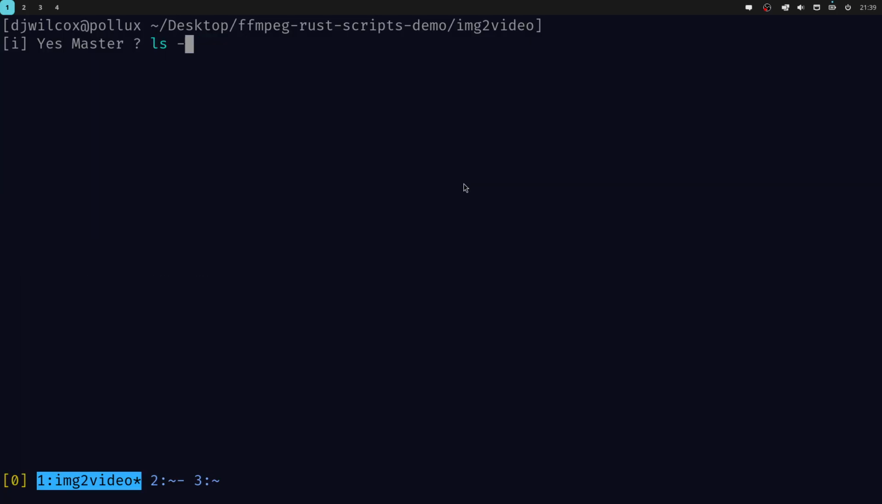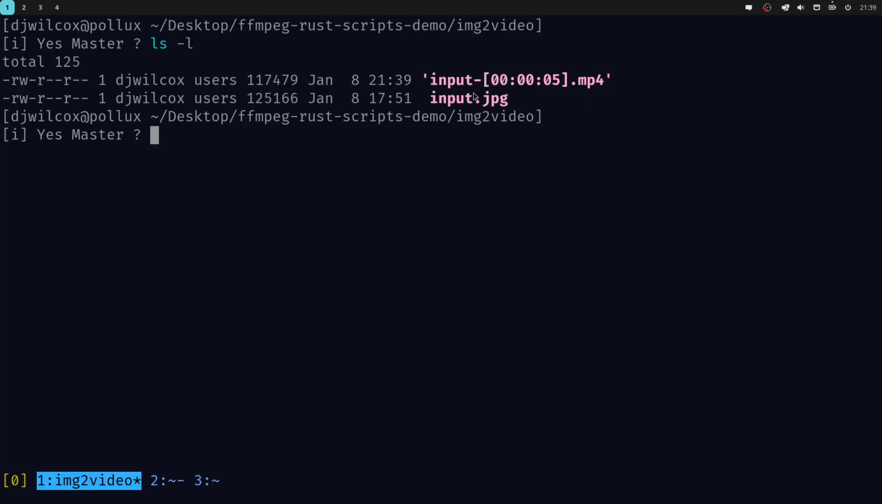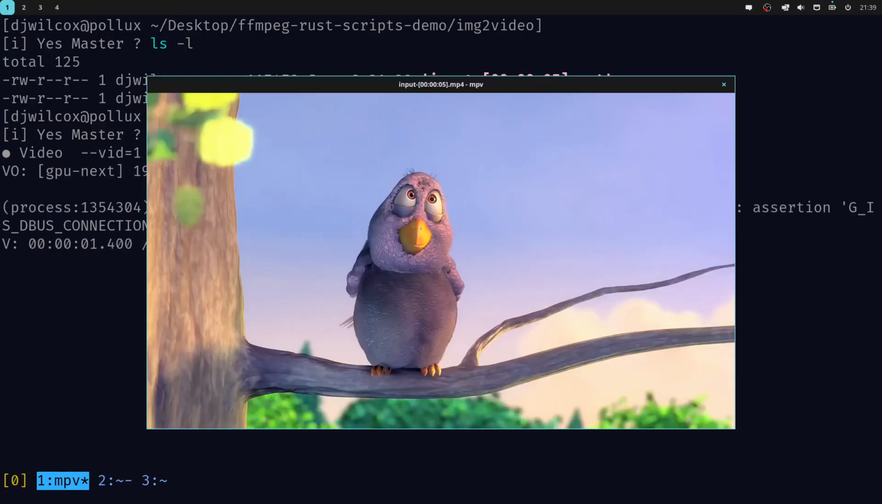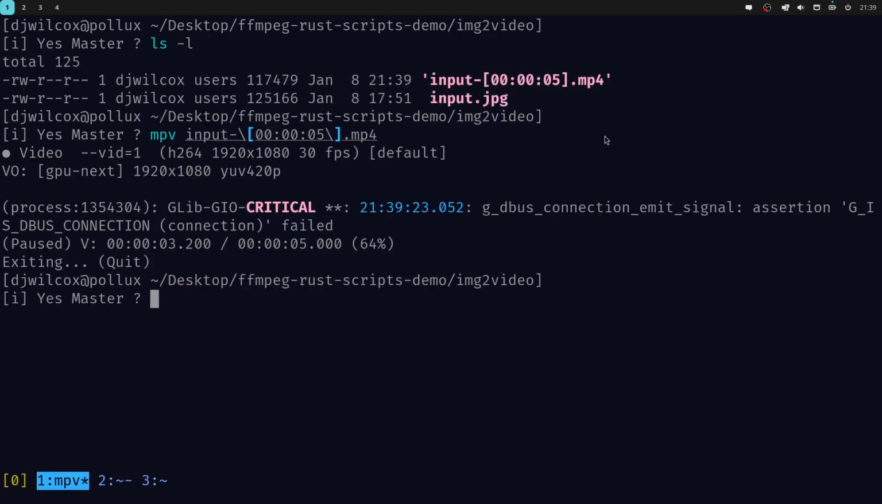Okay, there we go. Input and then the duration. And as you can see here, this has just created a video file, which only has a video track. And so this is where you might want to use the audio silence script to add a silent audio track to it, so that you can actually use it with FFmpeg